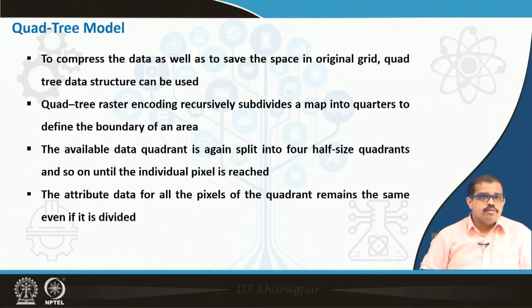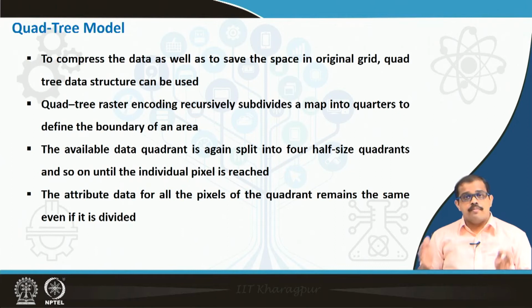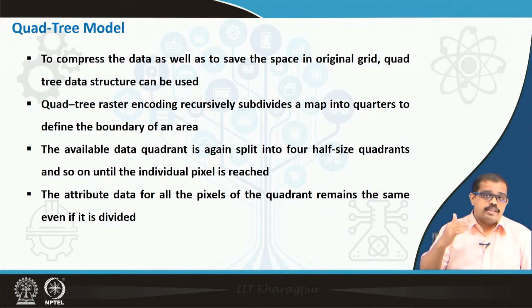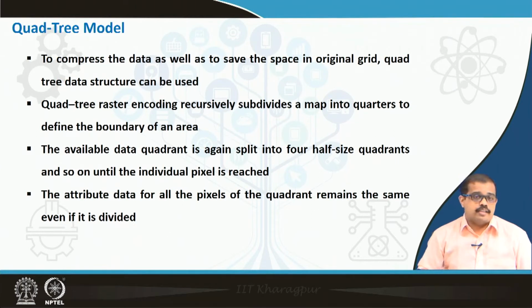So the quadtree is extremely good in terms of compressing the data as well as saving space in the original grid. Quadtree data structures can be used efficiently for saving the data. Quadtree raster encoding recursively subdivides a map into quarters to define a boundary or an area. It means every map is divided into quarters. I will explain in my next slide how it divides and how we will understand the division. The available data quadrant is again split into 4 half-size quadrants and so on until the individual pixel is